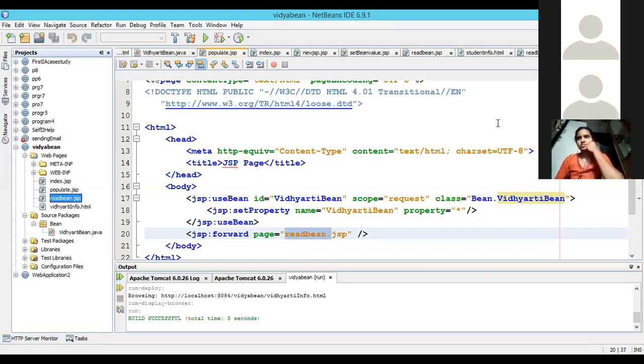Clear? Is it clear? Any doubt, you can raise your hand and ask the question. You can put it in the chat. Are you able to complete this exercise? Yes?